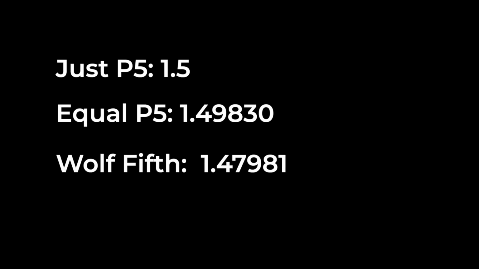to the decimal versions. A justly tuned perfect fifth is 1.5. An equal tempered perfect fifth is approximately 1.498, and the wolf fifth is approximately 1.479. It's definitely not 1.5, but it's so close it might as well be, and it's certainly closer than the